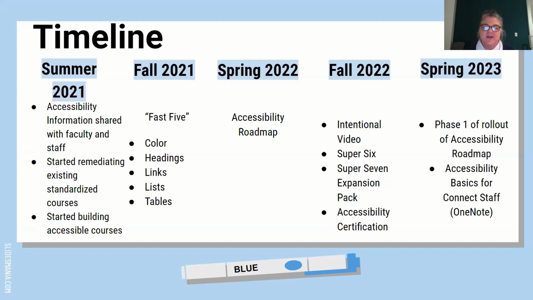You really do need to go in and check and edit your captions. Hence the Super 7, which was an additional micro-credential that we're going to ask our faculty to earn. That would be a choice of accessible Canvas quizzes, accessible documents, accessible math and science. We actually broke that out as its own, or accessible audio and video multimedia transcripts, because captions and transcripts are two different things. The expectation at TCC moving from the fall of 2021 is that 100% of our multimedia will